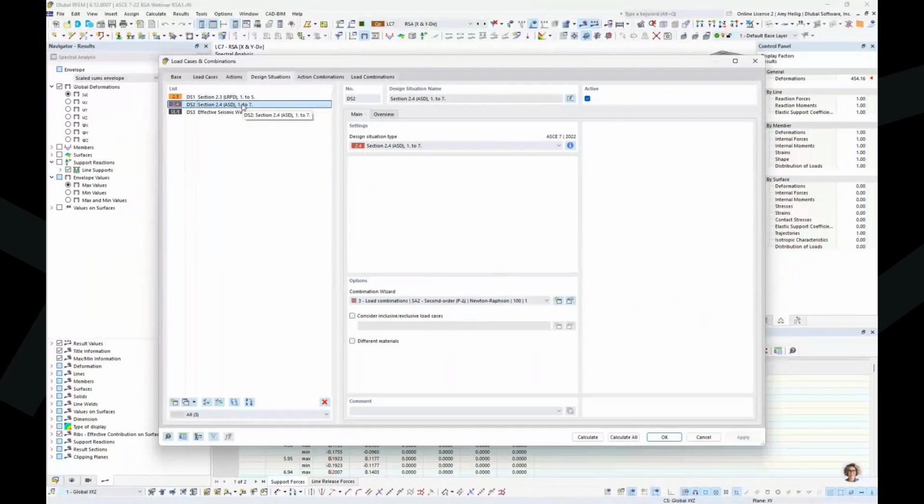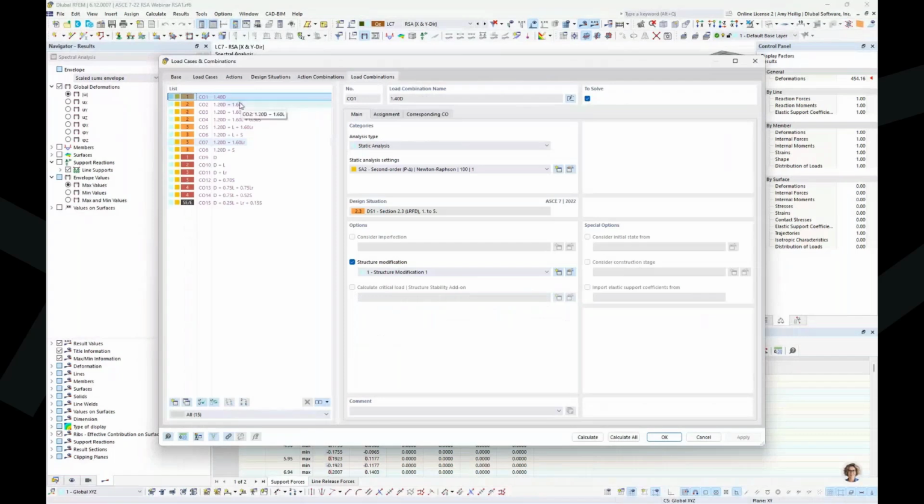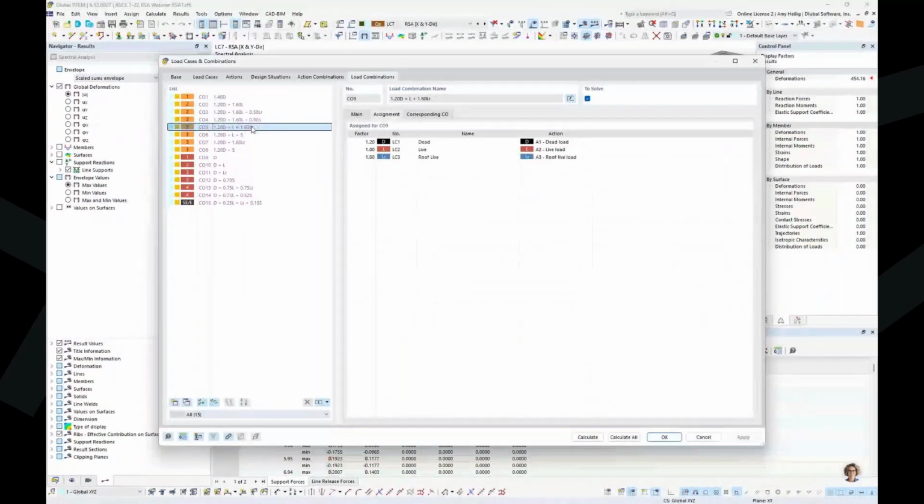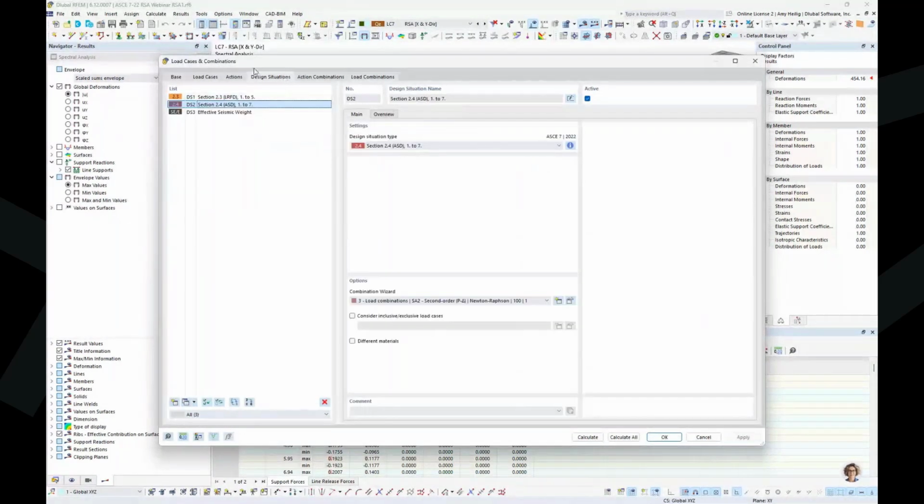So these are more or less just grouping together all of our load combinations. We can view these load combinations here under the last tab. And when I take a look at my factored load combinations belonging to that first design situation, I really don't see any of the earthquake forces listed here. And the reason why is because we need to go back to the design situations and actually create here